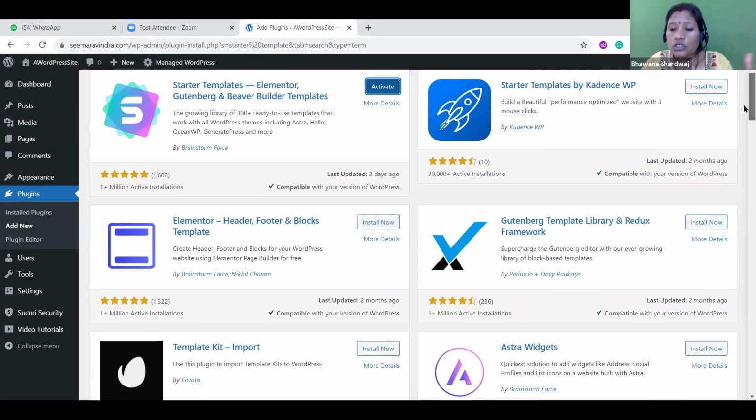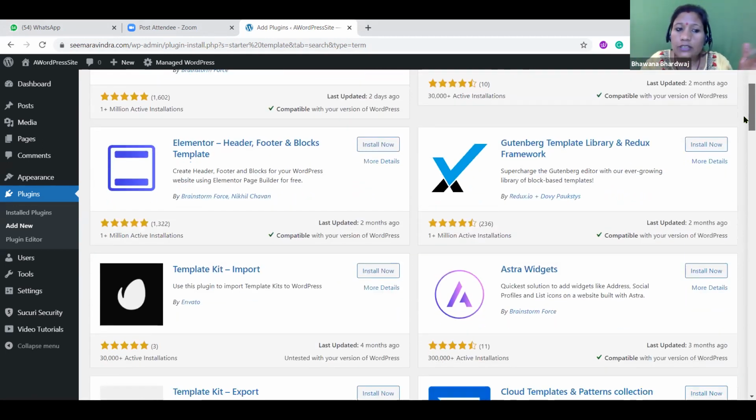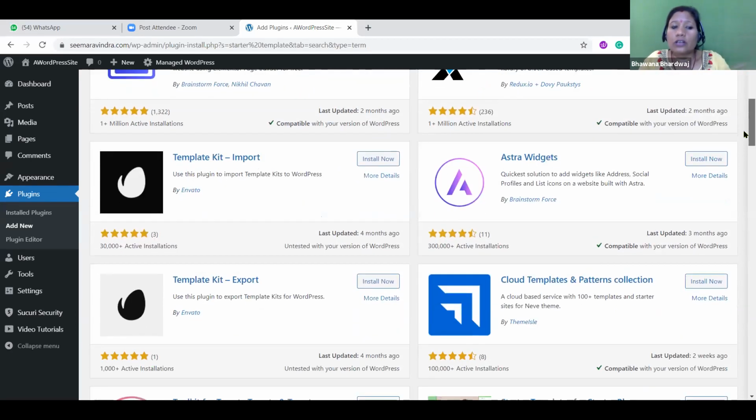Whenever you are using any new plugin or new theme, keep this factor in mind. Because someone else is doing the coding for you, you have to rely on some brand, and you have to see the social proof before using it.